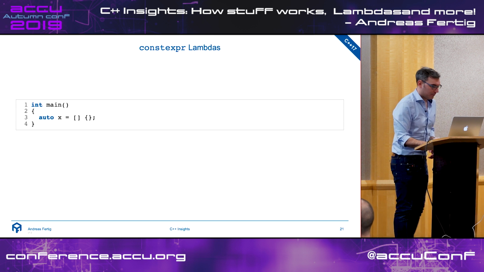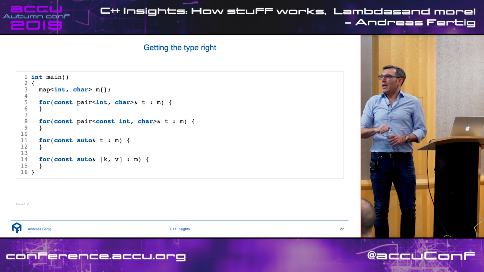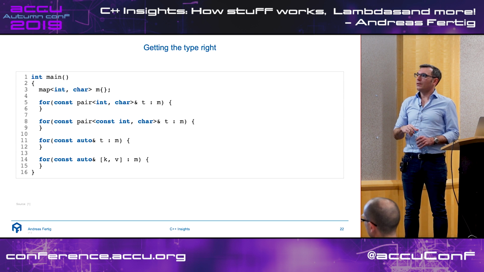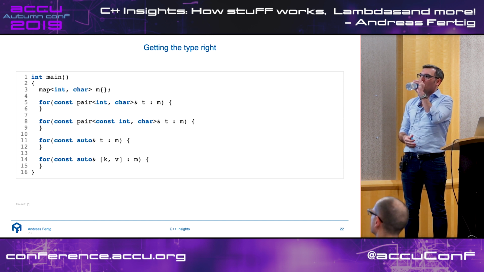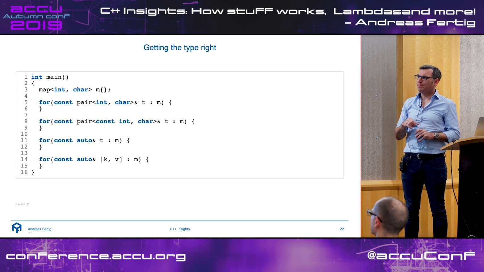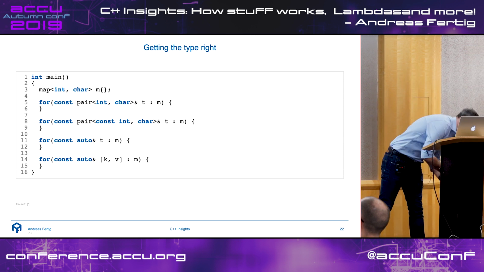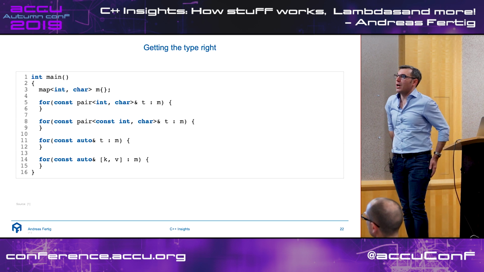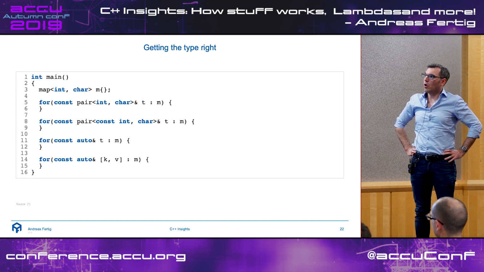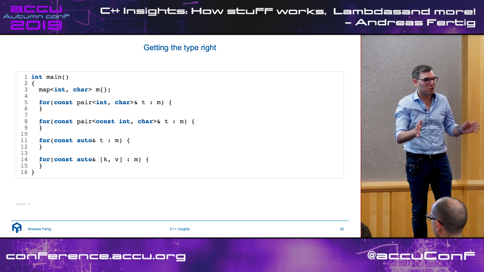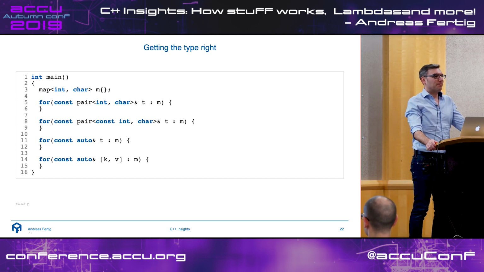So what else do we have? Sometimes it can be pretty hard to get a type right, at least in C++. In other languages like Python, I make that mistake over and over again, but it doesn't care. It's just an int, which was before a string. In this example, I have a map with an int as a key and a char as a value. And I give you 4 different versions, 4 range-based for loops, iterating over this obviously empty map, but imagine it would be filled with some content.